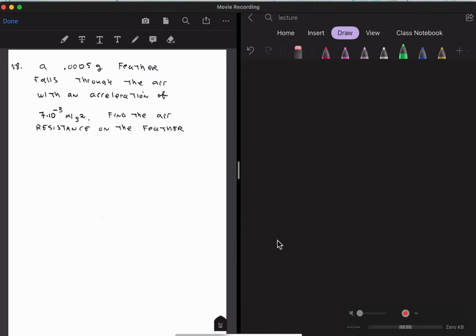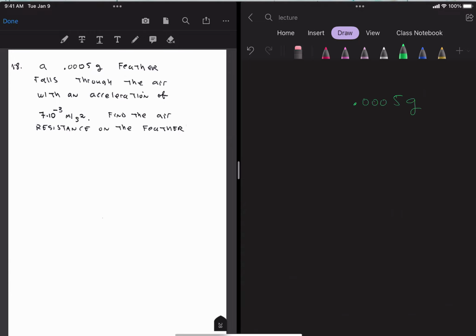Last word problem says a 0.0005 gram feather falls through the air with an acceleration of 7 times 10 to the minus 3 meters per second squared. Find the air resistance on the feather. So writing down the givens, you have